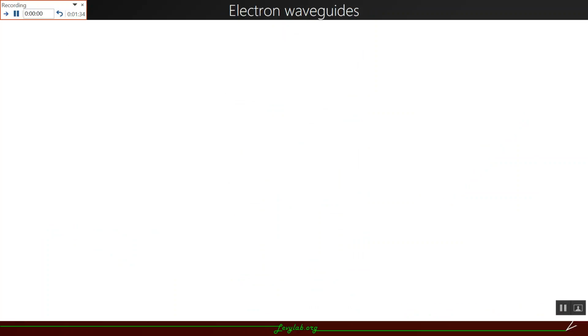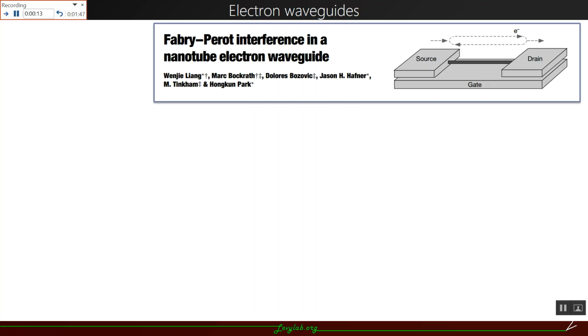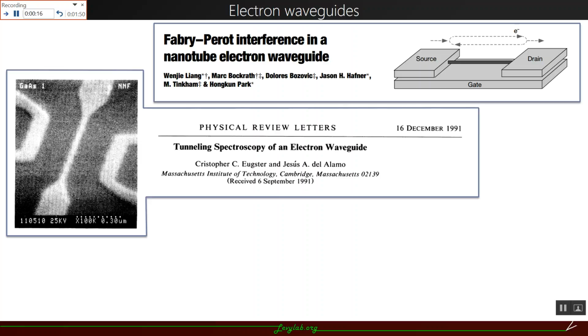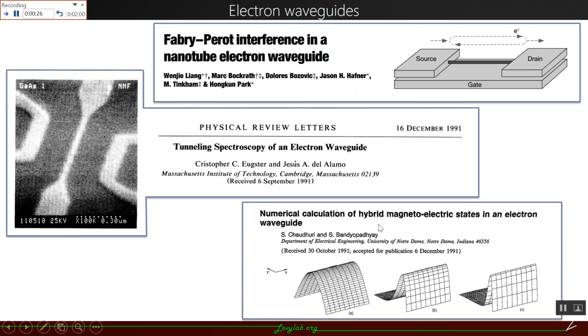Creating one-dimensional electron waveguides with long ballistic channels is much more difficult, as many techniques that are used to reduce dimensionality also tend to reduce the scattering length. However, this has been achieved in a few material platforms such as carbon nanotubes and ultra-clean gated semiconductor heterostructures. And so electronic behavior such as quantum interference, tunneling spectroscopy, and magnetoelectric behavior have been studied both experimentally and theoretically